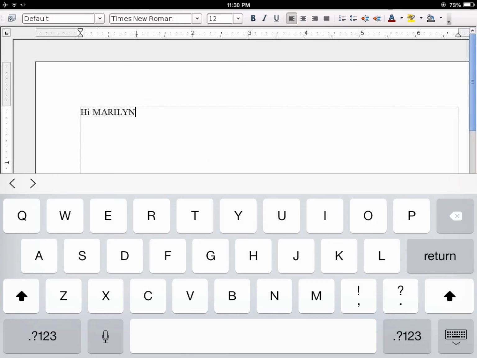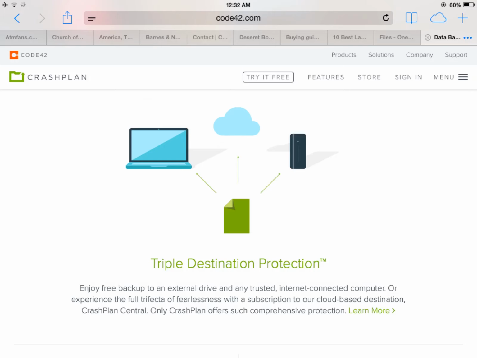Here's a sample. I just started typing something in here on the word processor that I had on the iPad to kind of give you an example. And of course, the ultimate thing is you want to make sure you back up to the external hard drive. And I mentioned mirroring the hard drives, so you have two hard drive backups. That way,